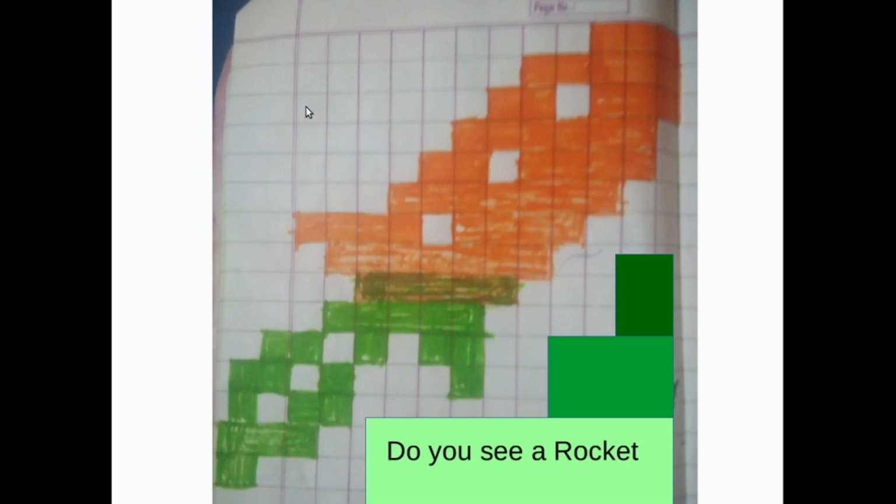So this is 1, 2, 3, 4, 5, 6, 6 blanks, 2 filled, 1, 2, then 1 blank again, and then 3 filled. So the first number represents blank spaces, then filled spaces, then next for blank spaces, then next for filled spaces. And this way we can tell our kids to replicate the entire image by an algorithm.